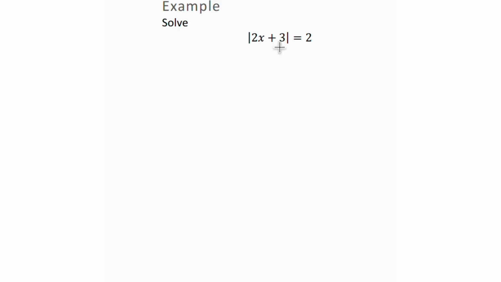Solve the absolute value of 2x plus 3 is equal to 2. I'm going to graph what this looks like first, just so we can see how many solutions there are, because that's one important thing with these absolute value equations. So thinking about what this looks like,